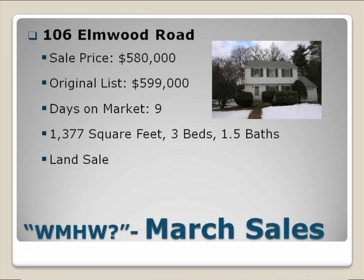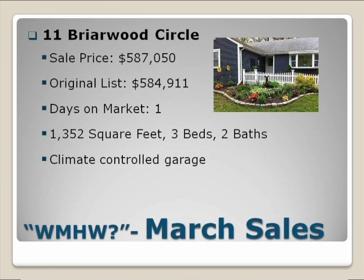11 Briarwood Circle. This is an interesting location, kind of a good mix of high-end, new construction, also some older homes. This one seems like it's a little bit of an older home, but dressed up pretty nicely. Right, but dressed up, but it is still going to the dance as a land sale. So this one had multiple offers, multiple builders. In fact, the first offer went under agreement. That builder backed out, and it went to the next highest bidder,